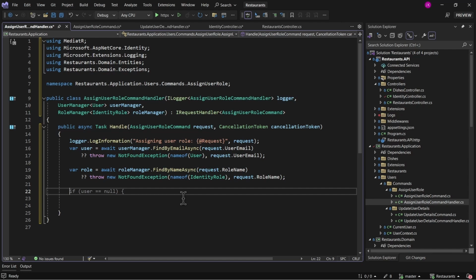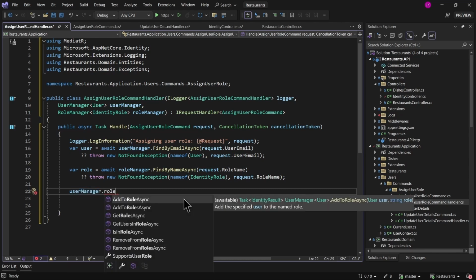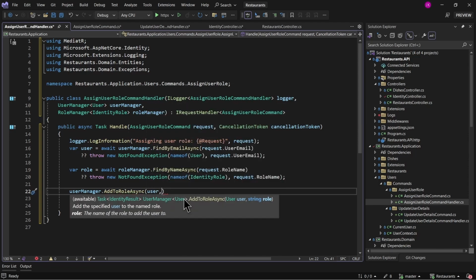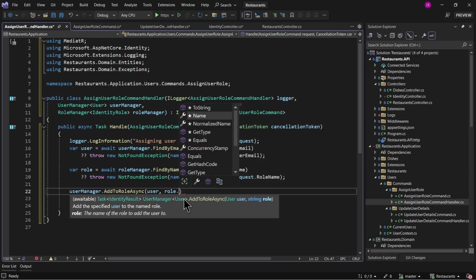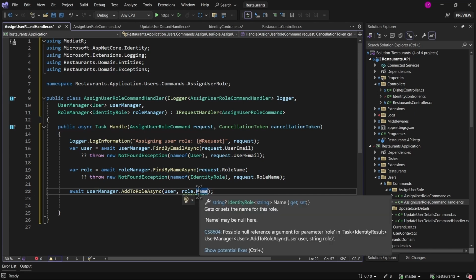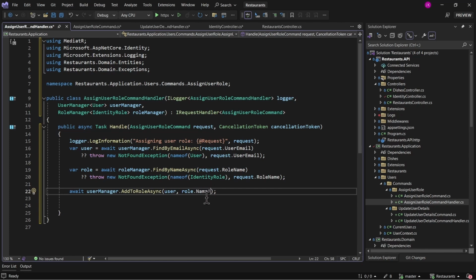So now how can we actually assign the user to a given role? For that purpose, I can also use the user manager object by invoking the AddToRoleAsync method that takes two parameters. First one will be the user, and the second one is going to be the role that I can get from the role.Name value. So let's also await this invocation. And just to get rid of the warning which says that the name might be null here, I'm just going to silence the compiler with the exclamation mark,